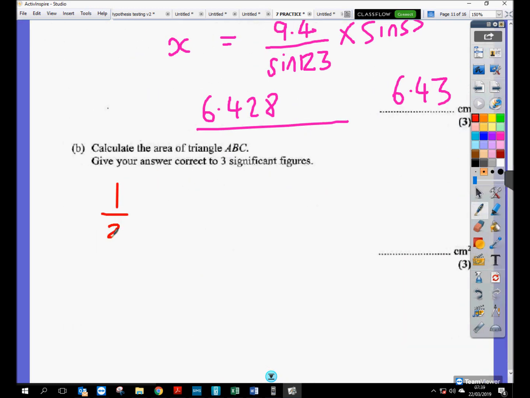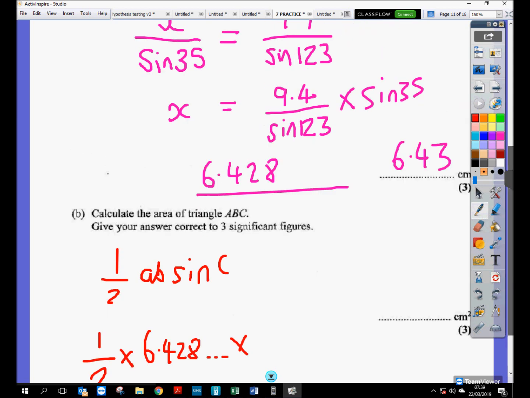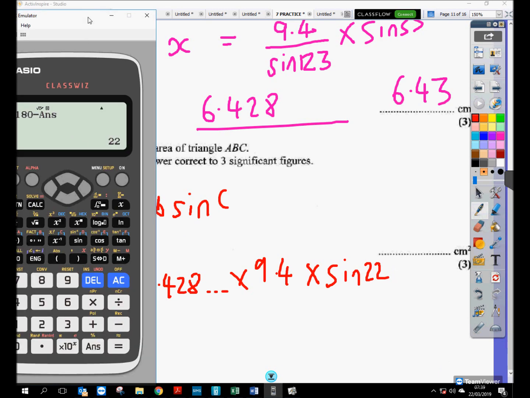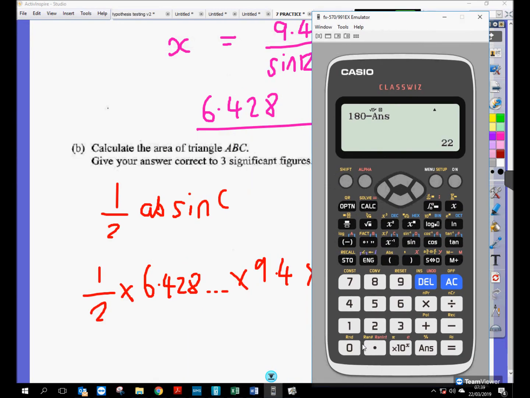It's a half AB sine C. So it's a half times 6.428, the entire display, times the other side, which is 9.4, times sine of the angle that's sandwiched between, which is 22. We type it into the calculator. Okay, so we have,